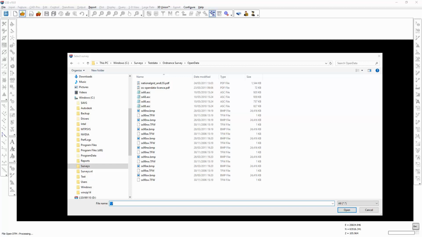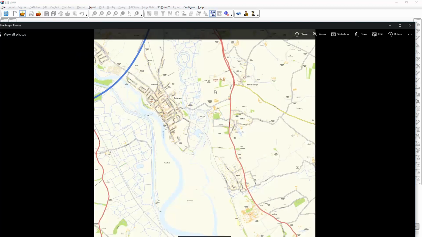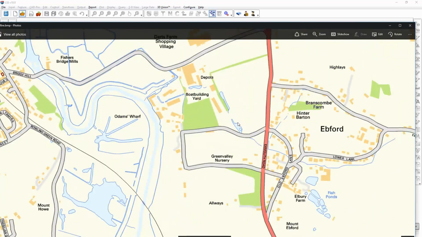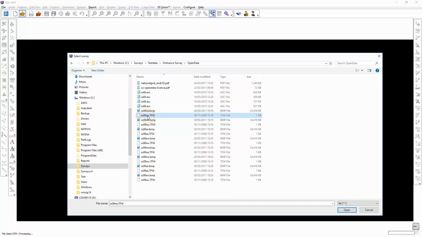You will have, as part of the test data install, a folder called Test Data Ordnance Survey Open Data, and in here is an example of some demonstration data from the Ordnance Survey in the UK. There are 4 20 by 20 kilometre ASCII grid files, some bitmaps, which are street level mapping images, and some TFW files which are TIFF world files. These have the same name as the associated bitmap and contain the georeference information for each of those bitmaps. It's quite important to have that, otherwise you need to know what the coordinates are for each bitmap so you can input them